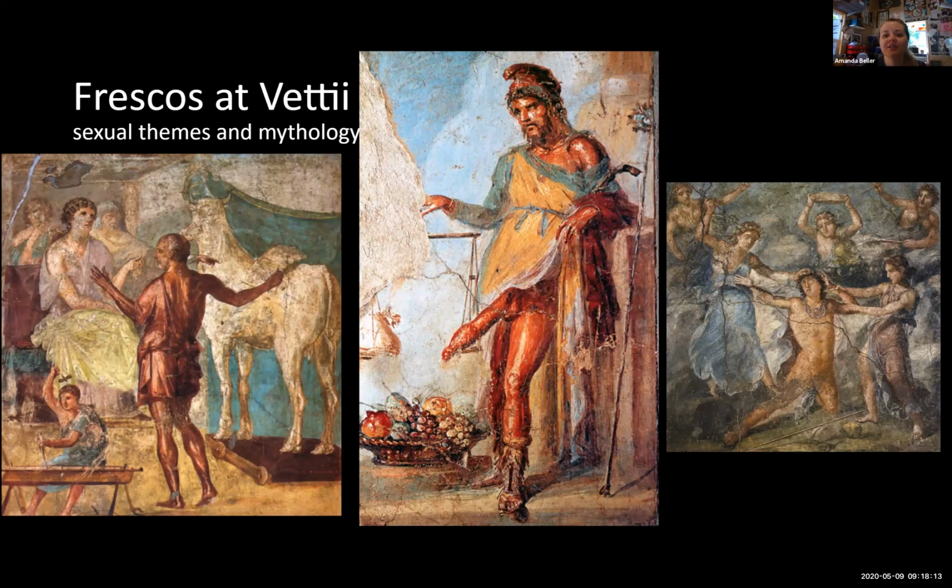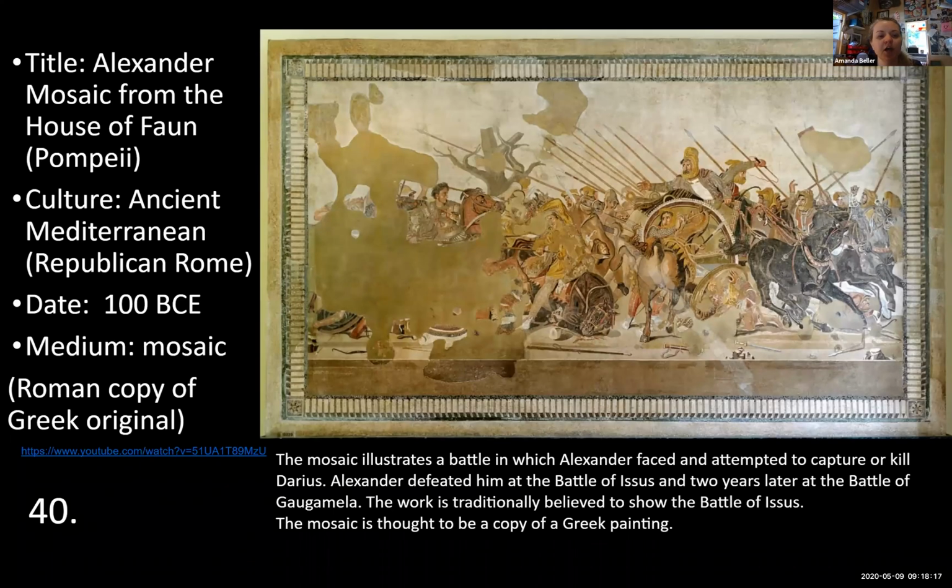Oh, who can forget him? All right, the Alexander mosaic is from the biggest house in Pompeii, the House of the Faun. It's a mosaic, and it's a Roman mosaic based on a Greek wall painting. And it depicts the Battle of Issus,